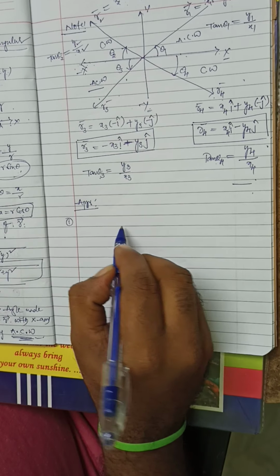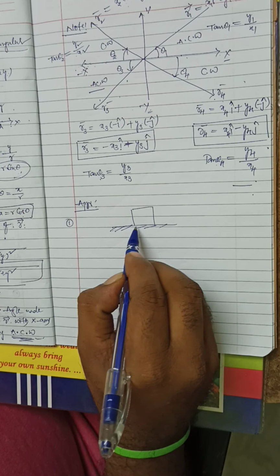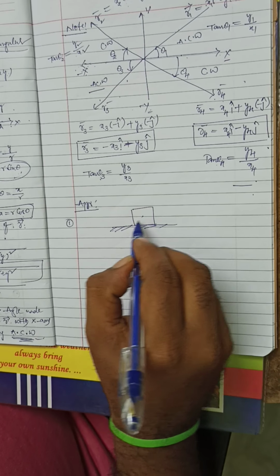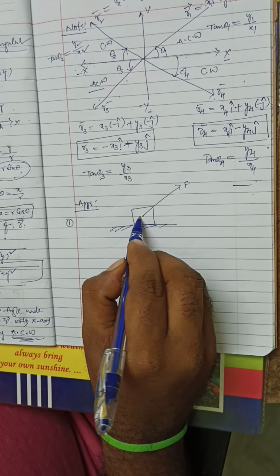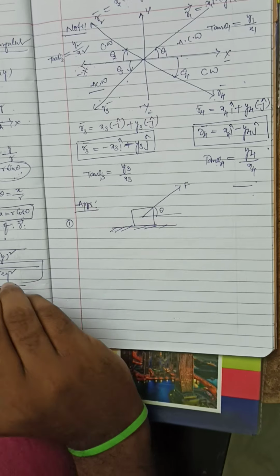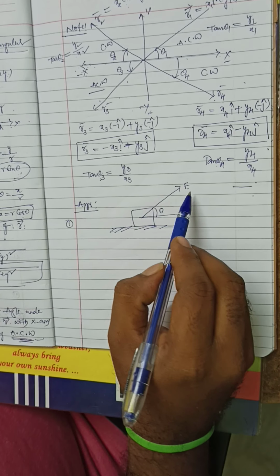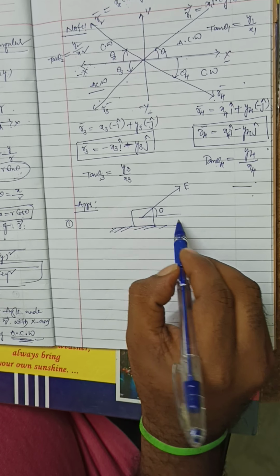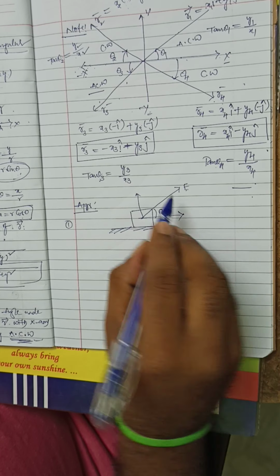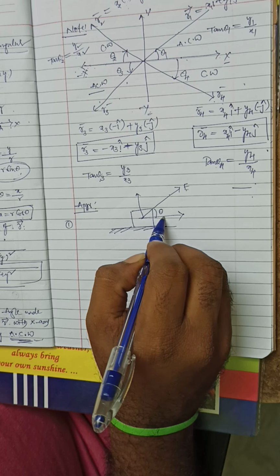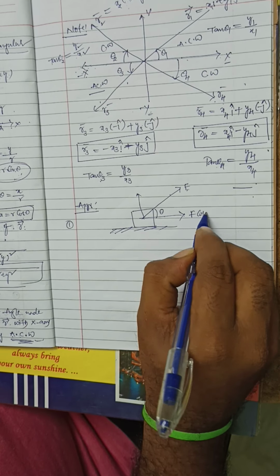First point. For example, let it be taken as a horizontal surface. Now here it is a body. Now on this body, let us assume F amount of force is applied by making an angle theta with the horizontal. Now this force is not restricted to along the x-axis or along the y-axis. That's why that force will be expressed along the x-axis and y-axis. So here the force makes an angle theta with this axis. That's why one component will be equal to F cos theta, and the remaining one is equal to F sin theta.